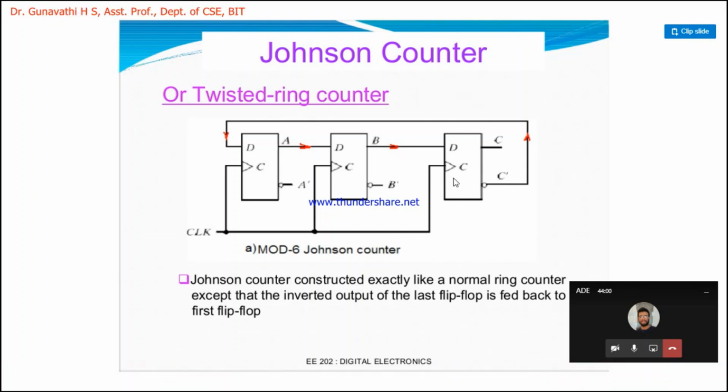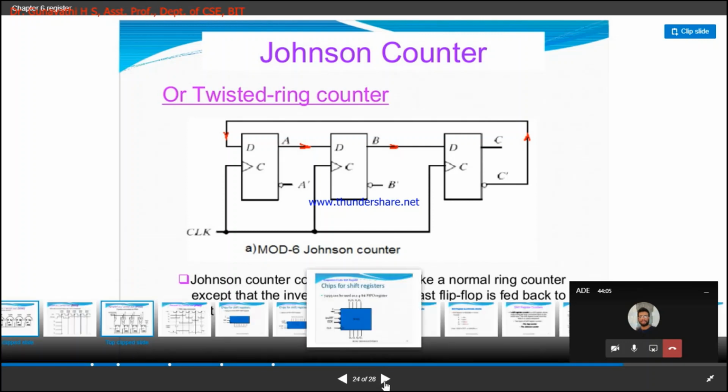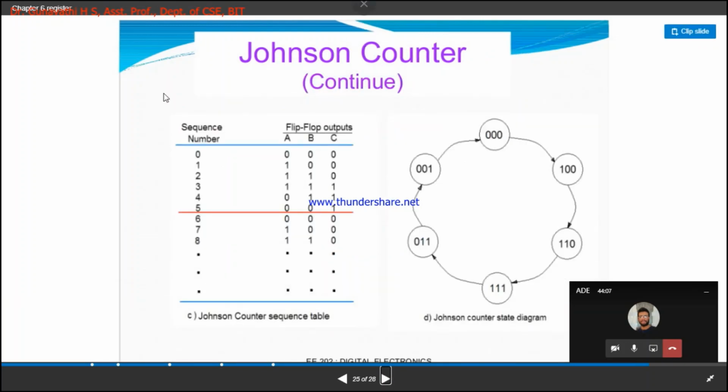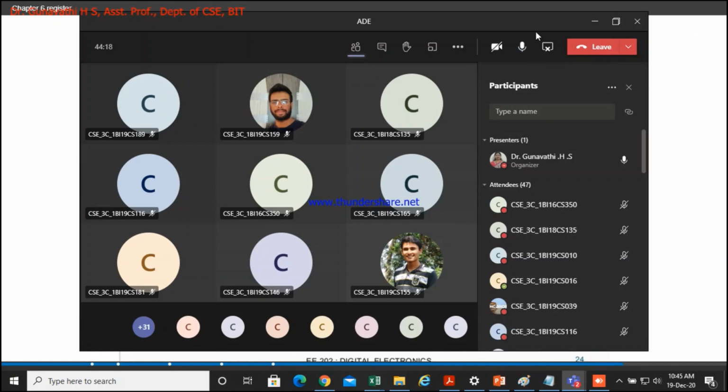Here it's double. But in this, the sequence is written differently, because mod 6 or something like that is written. So let me share my screen.